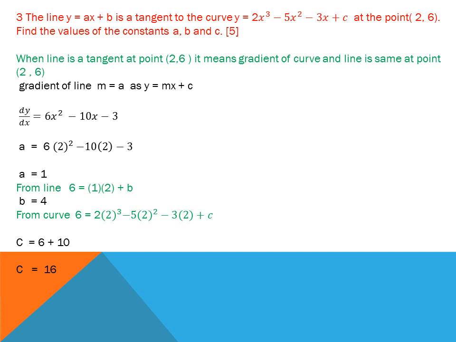So here I equate the two derivatives. The derivative of the line means the gradient of the line, and the gradient of the curve. I found that a is equal to 3. It's very simple. From the line,